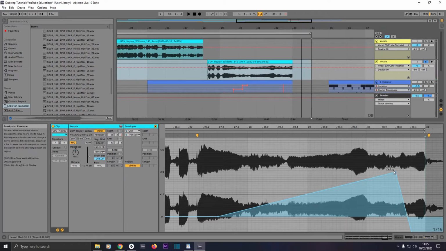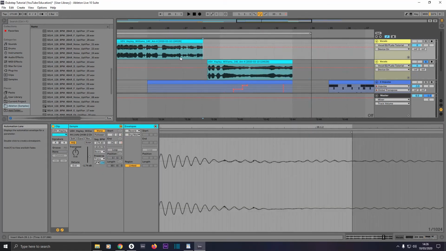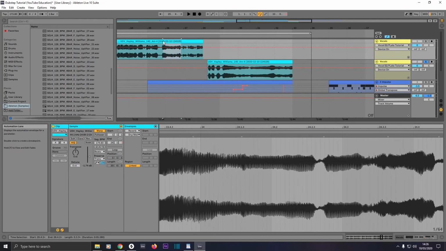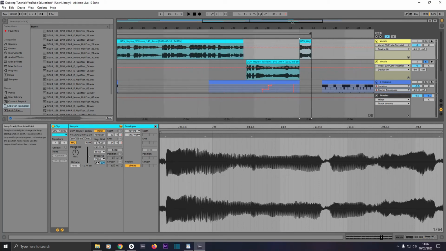Maybe just put it back just once more. Then what we will do is we'll highlight this bit here with the grid off. We'll right click and hold down control, let go of the mouse button first. We'll put that there. We'll just right click on this up here, unloop it, zoom out a bit, drag it